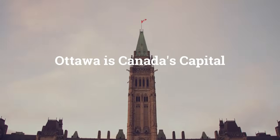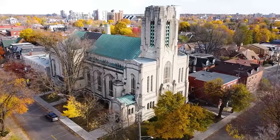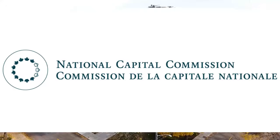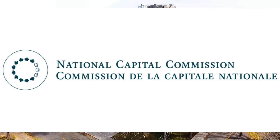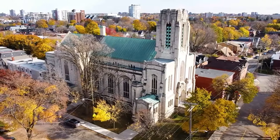Ottawa is Canada's capital. It's supposed to be the ideal city, the example. This is supposed to be what represents the whole country. Darn it, they even have a whole commission called the National Capital Commission, which was mandated to, and I quote,